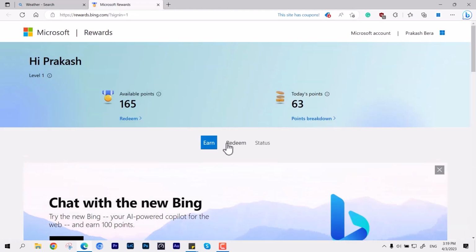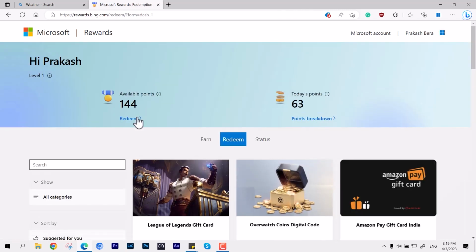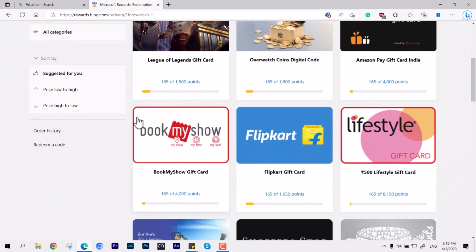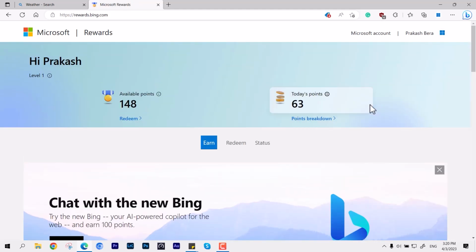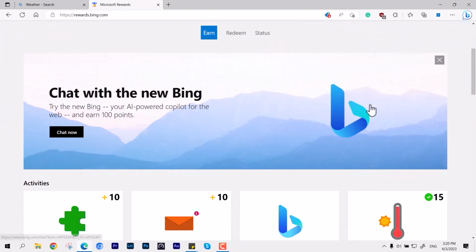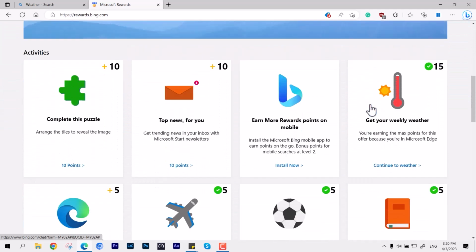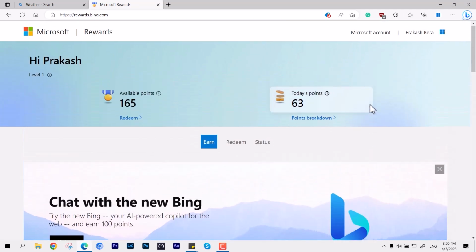Similar to this, I have redeemed many times, like 1 or 2 times maybe. If you go over the redeem, you can look for the coupons or cards available as per your regional area. So yeah, this is what I have redeemed in the previous time, like 4,000 and 1,650 points. And this way you can search, and you can also be creative and also use Open Chat GPT4,